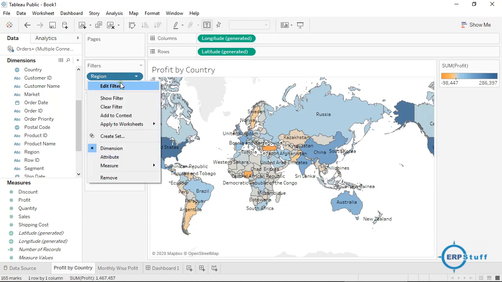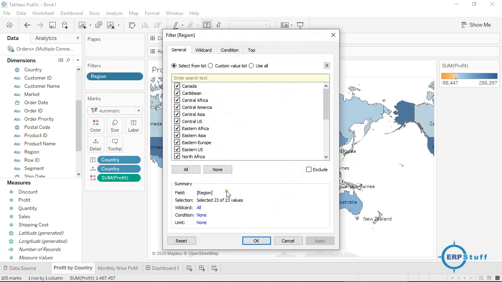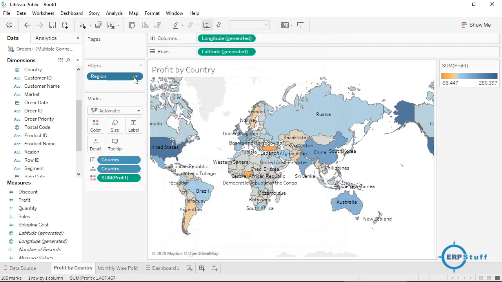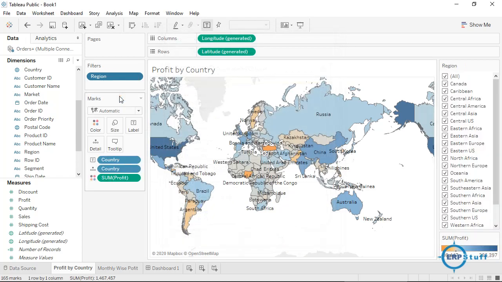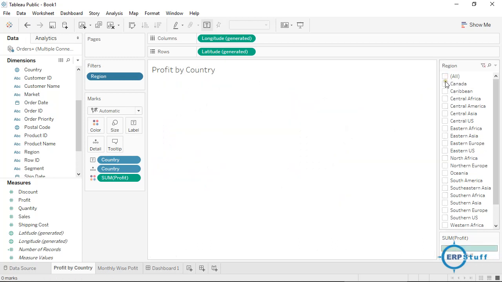Actually we selected all. Let me click here, show filter. See here, all are selected, right? Canada,